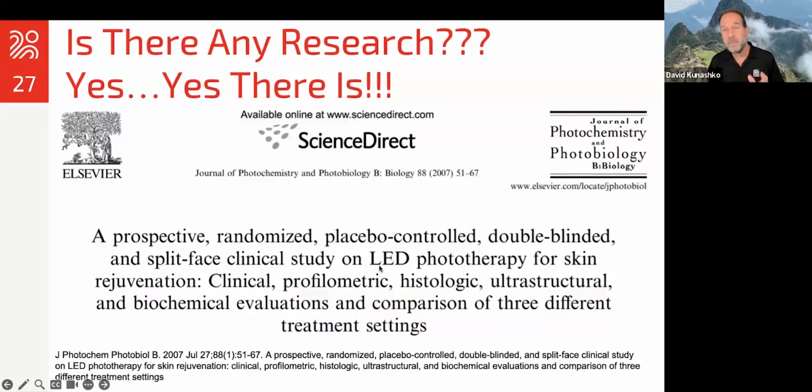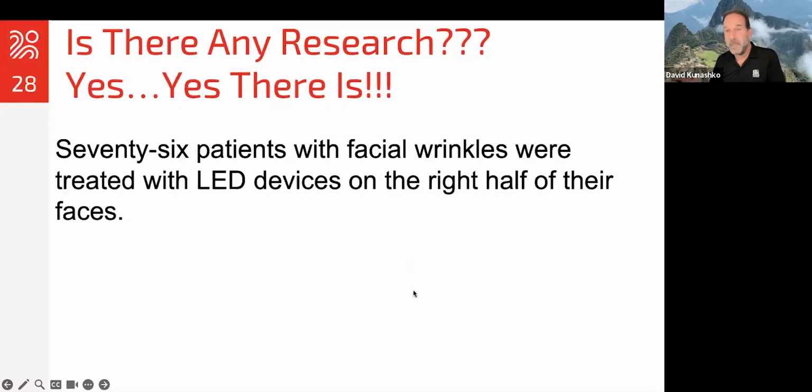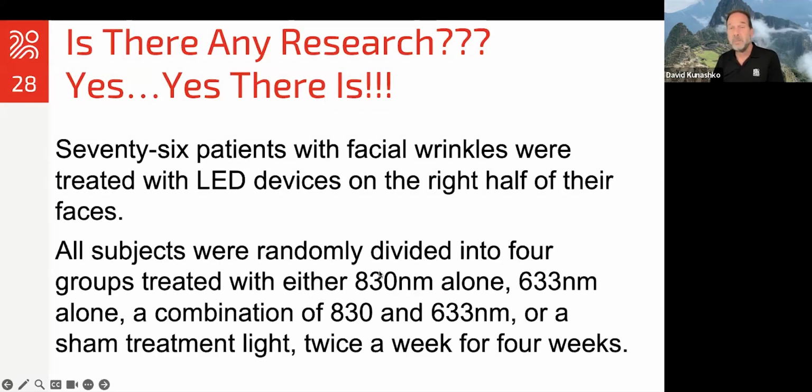This next one was a split face clinical trial. I always find these interesting. So split face means part of your face gets treatment, part of it doesn't. So I guess you want to be photographed at a certain angle. So they did 76 patients, a much larger trial, with facial wrinkles, and they were treated with